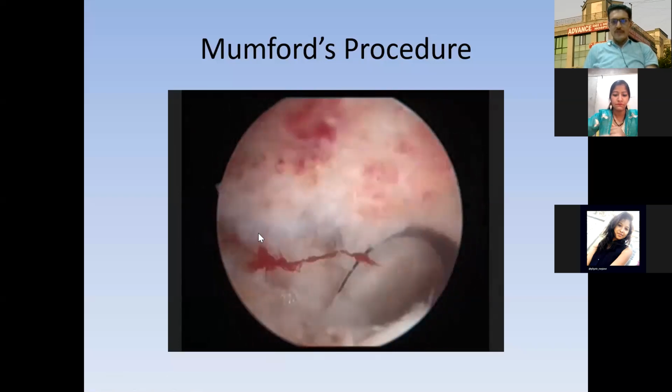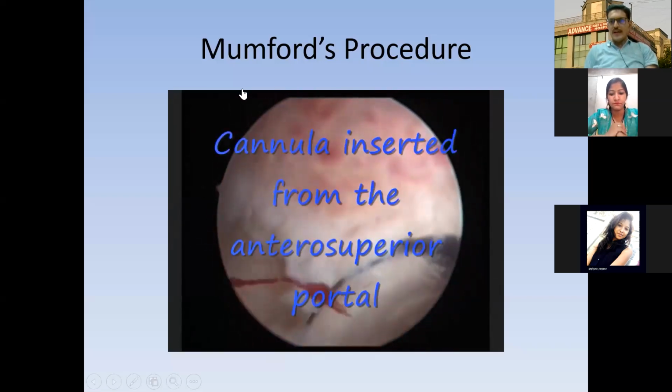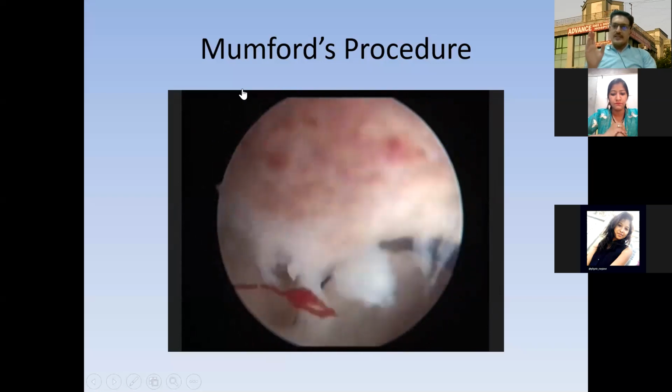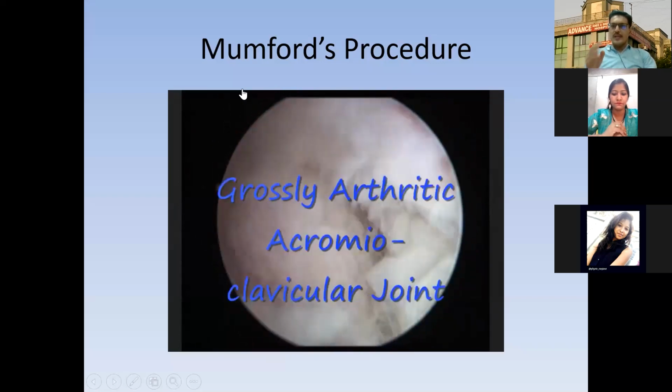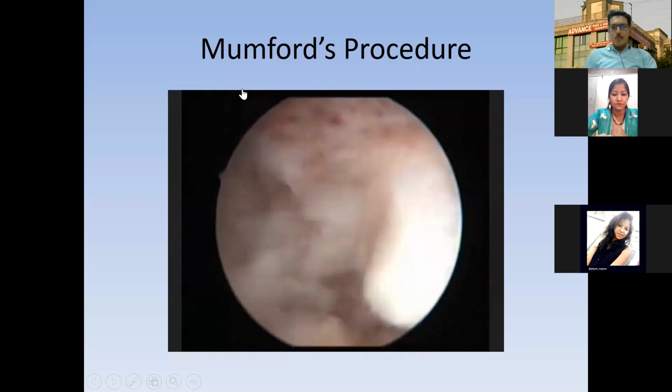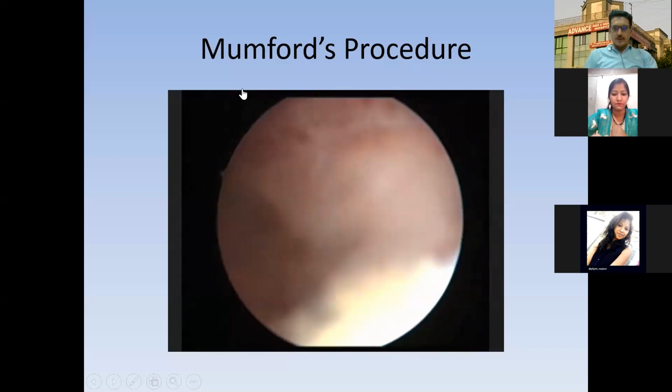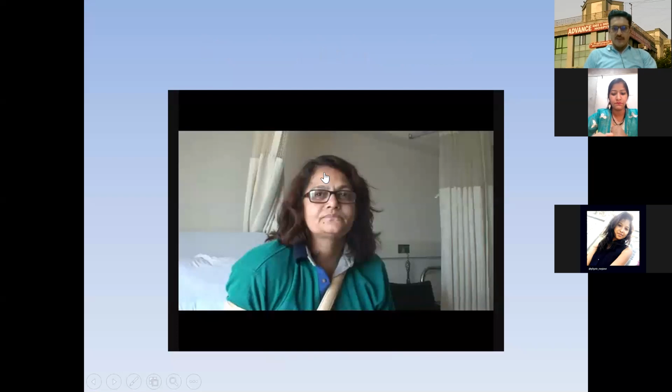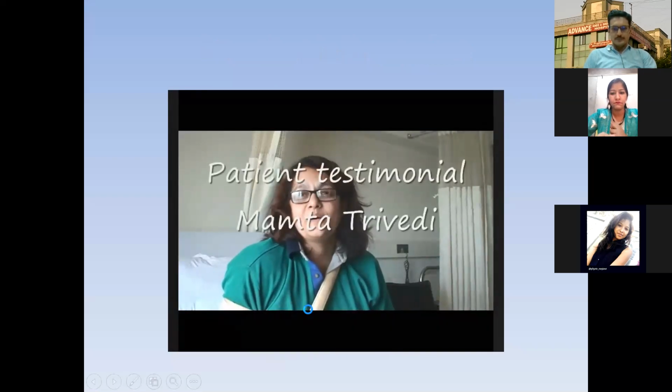And this is the treatment of acromioclavicular arthritis. So if you have acromioclavicular arthritis, this is the only arthritis in the body in which the joint can be excised. So you can remove the distal part of the clavicle, the problem will be gone. Okay. Now these are some of our patients who are very happy.